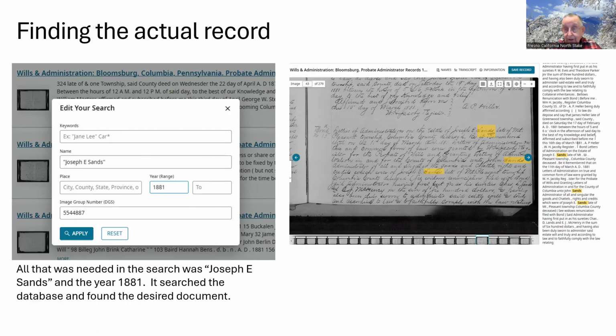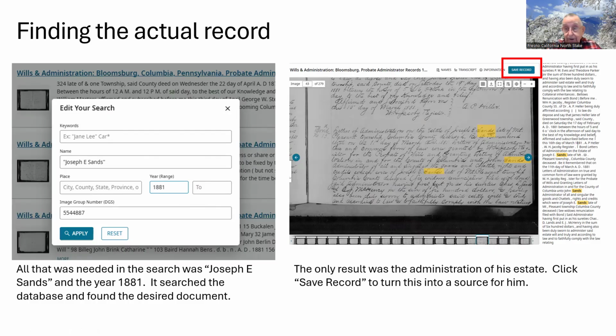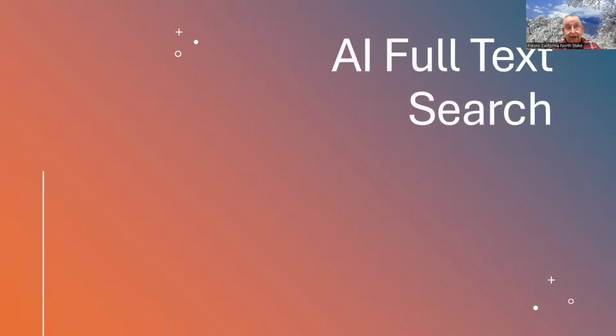If I want to, and I should, I can click Save Record, which will lead me to sourcing this particular record to his record. So it'll become one of his sources. Love that we can take these documents now and source them very simply and not have to do everything by hand. Okay, so now let's look over at that full text search,